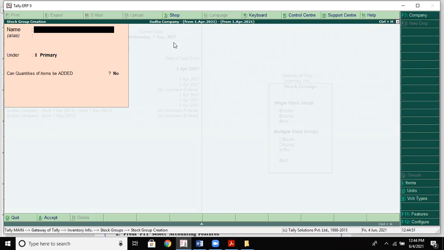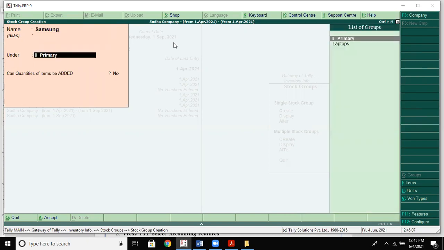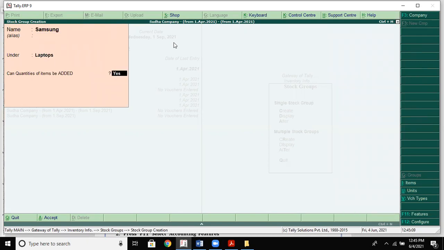For example, you're creating, let's say, Samsung laptops. Now here itself you can go for all C.